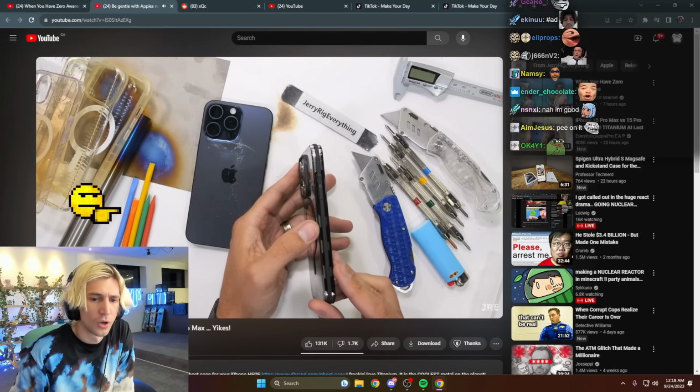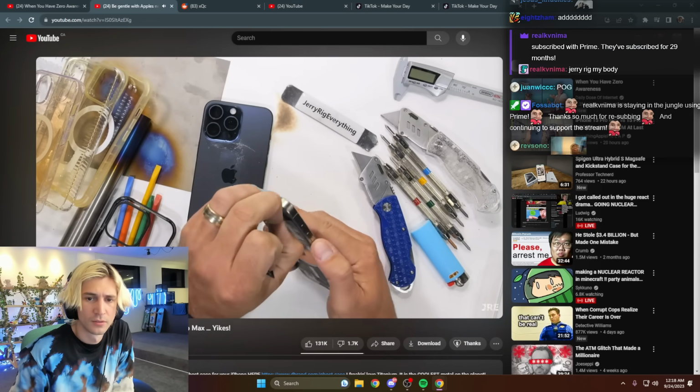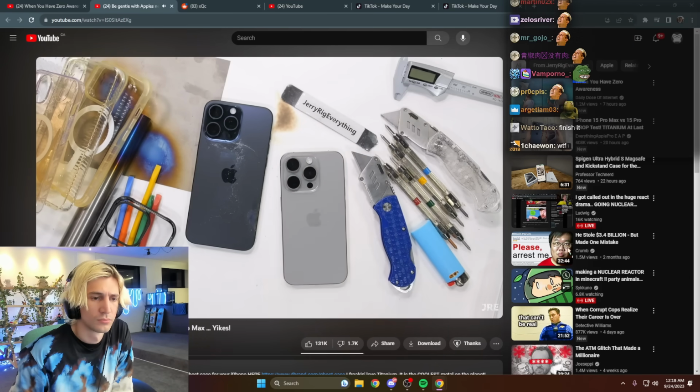Now, I pride myself on being extremely thorough, and I'd be amiss if we let this golden opportunity slip by to check the back glass of the regular iPhone 15 Pro for